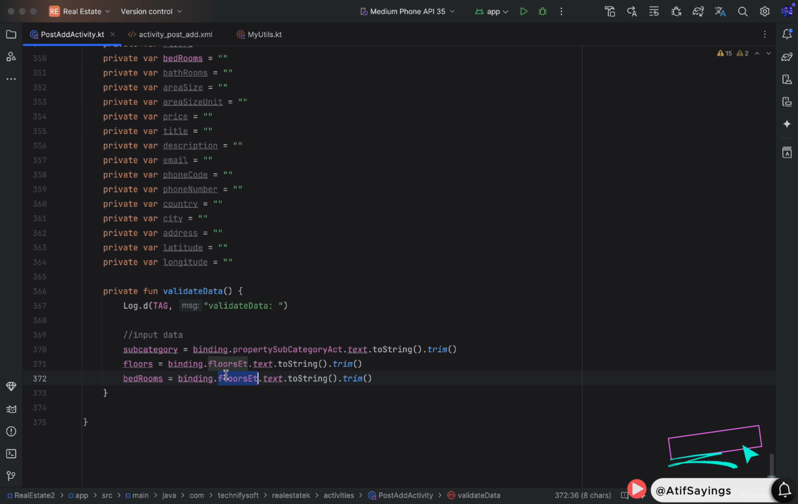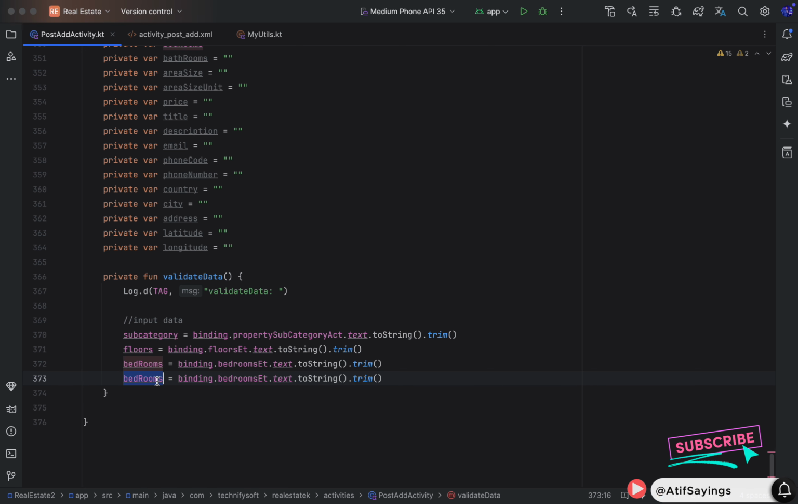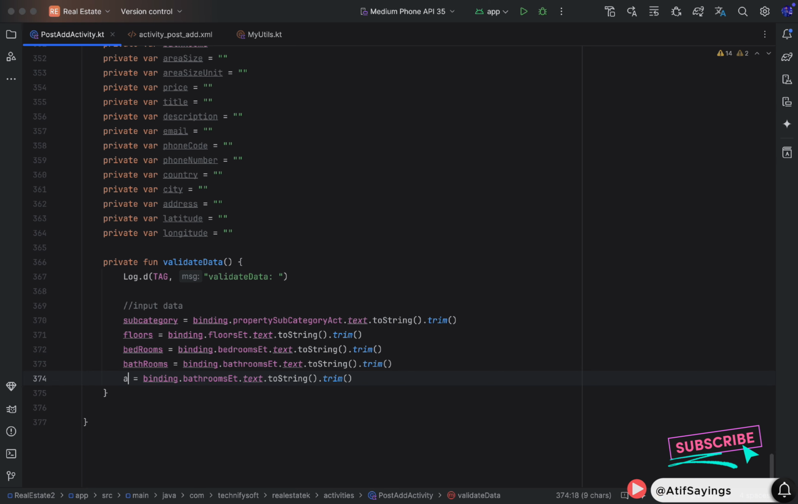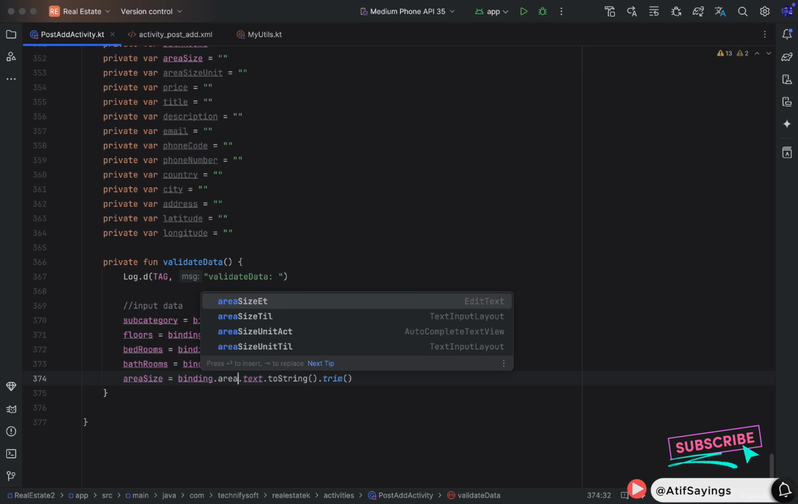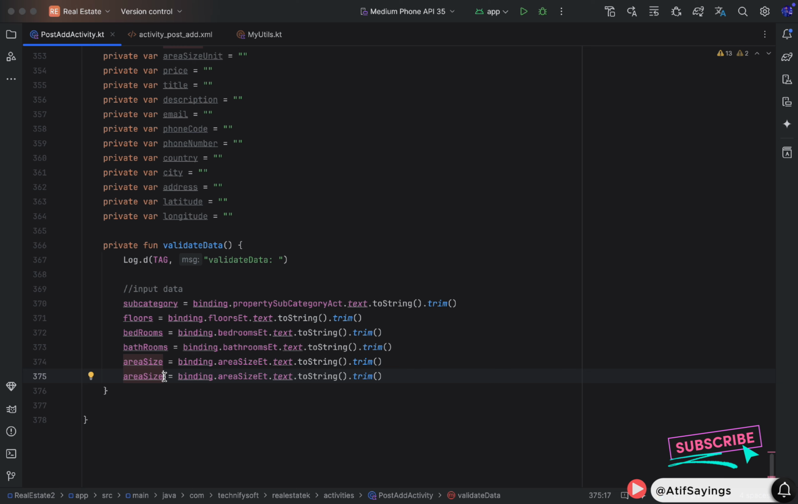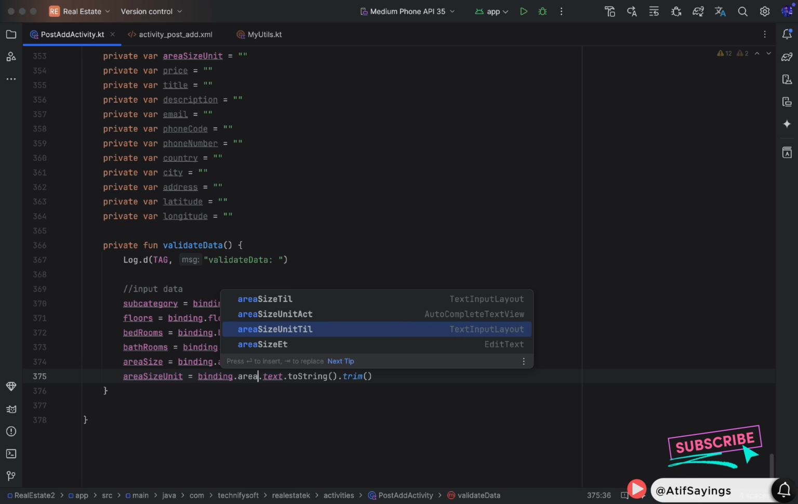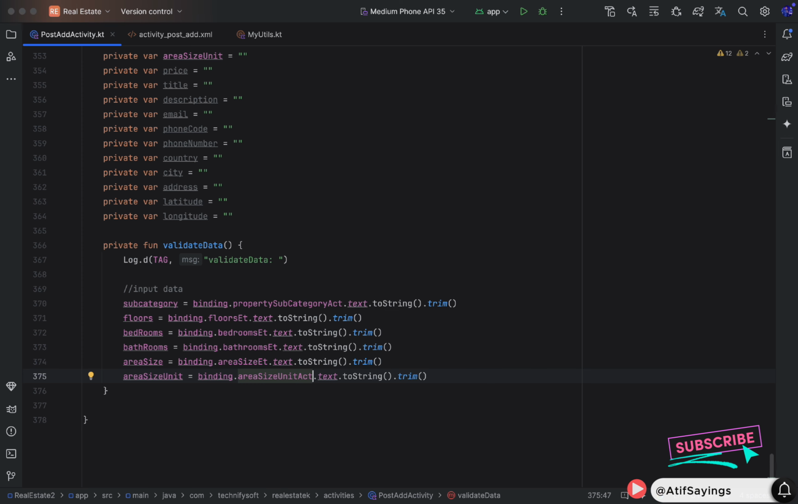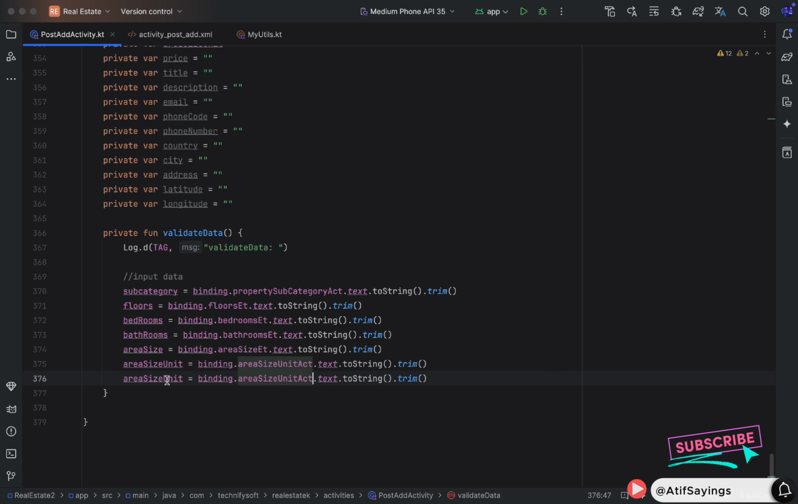Now we need to input the bedrooms, binding.bedroomsEditText. Similarly, we need to input the bathrooms equals binding.bathroomsEditText. After that, we will input the area size equals binding.areaSizeEditText. Similarly, we also need to input the area size unit, binding.areaSizeUnitAutoCompleteTextView. After inputting the area size, we need to input the